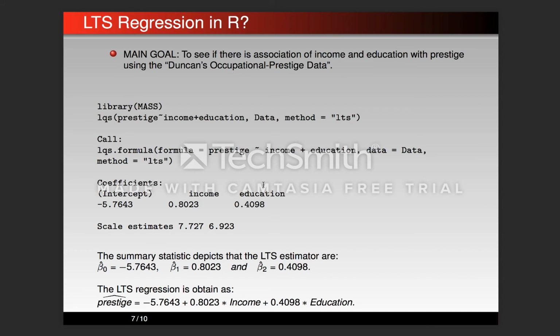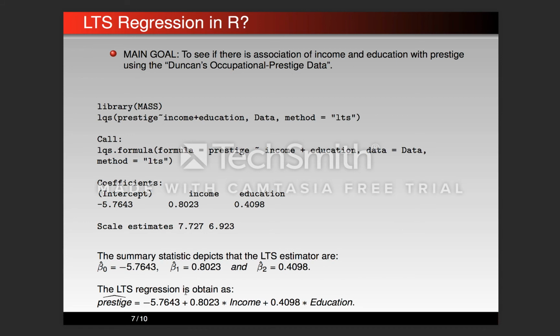Based on Duncan's occupational prestige data, we found that the least square estimators are beta naught hat equals minus 5.7643, beta 1 hat is 0.8023, and beta 2 hat is 0.4098. Therefore, the least squares regression for this model is given by prestige hat equals minus 5.7643 plus 0.8023 times income plus